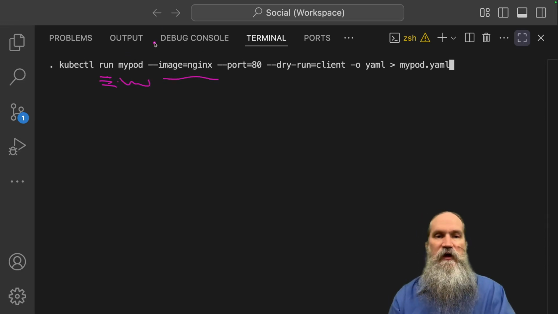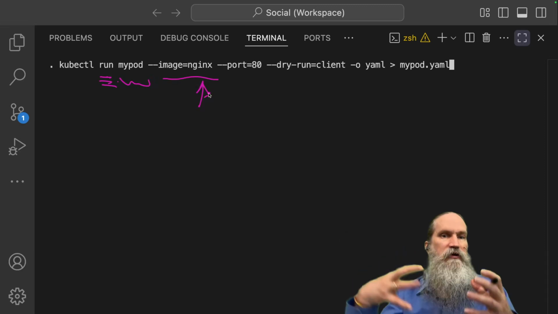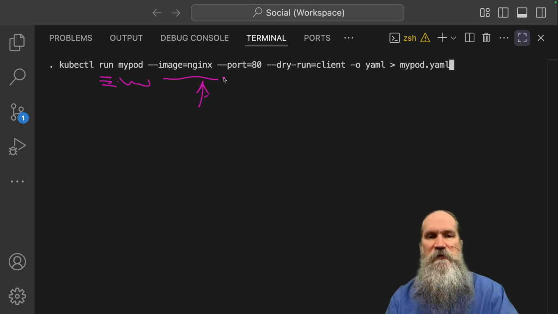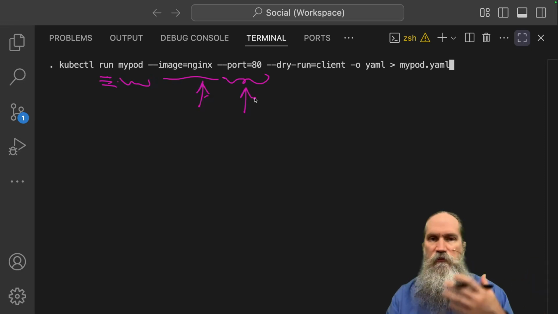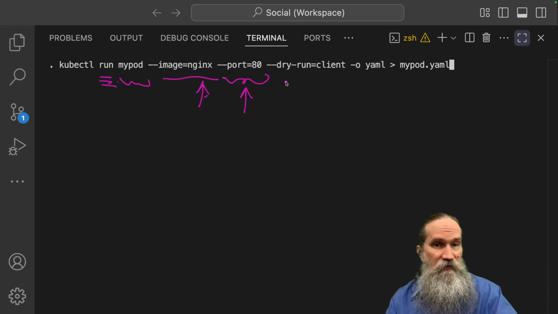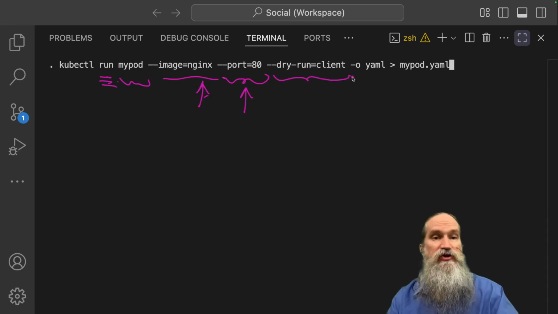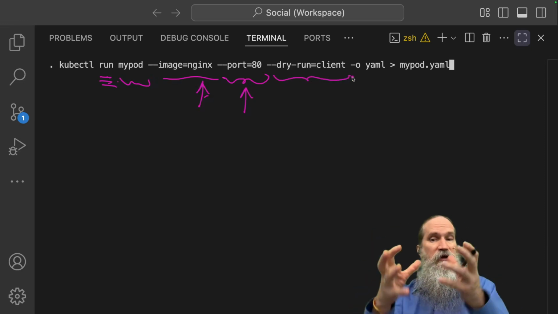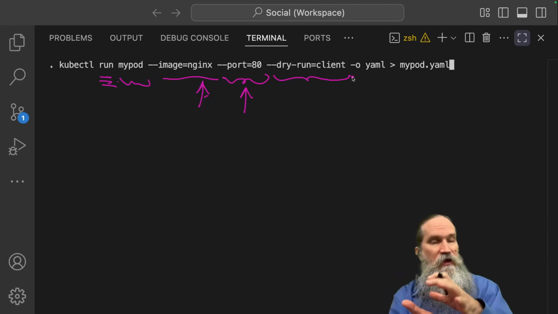You can specify an image, double hyphen image equals nginx. This is an example, but you would give your own container image you've specified and uploaded somewhere. You could specify a port number, port 443, port 80, port whatever you need. And then this is the first part of the magic to this. Instead of actually creating a pod, running a container that's running the nginx image,